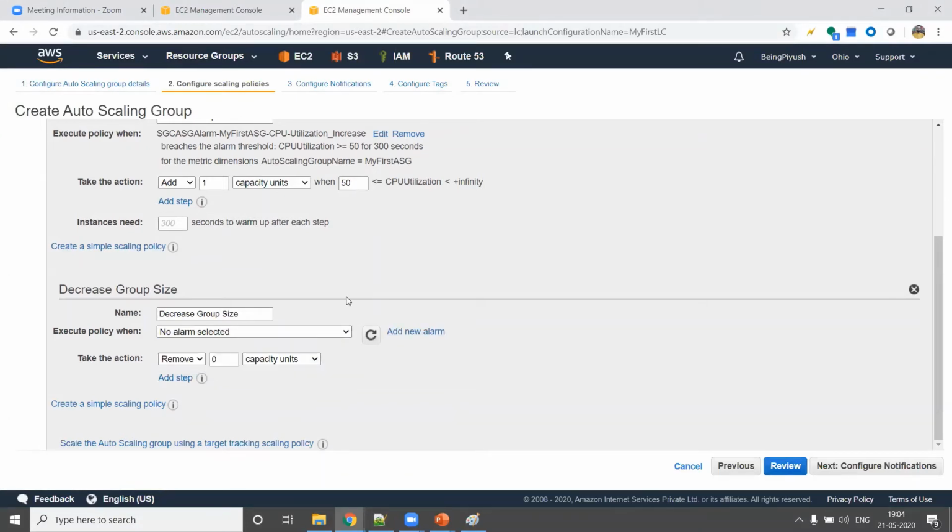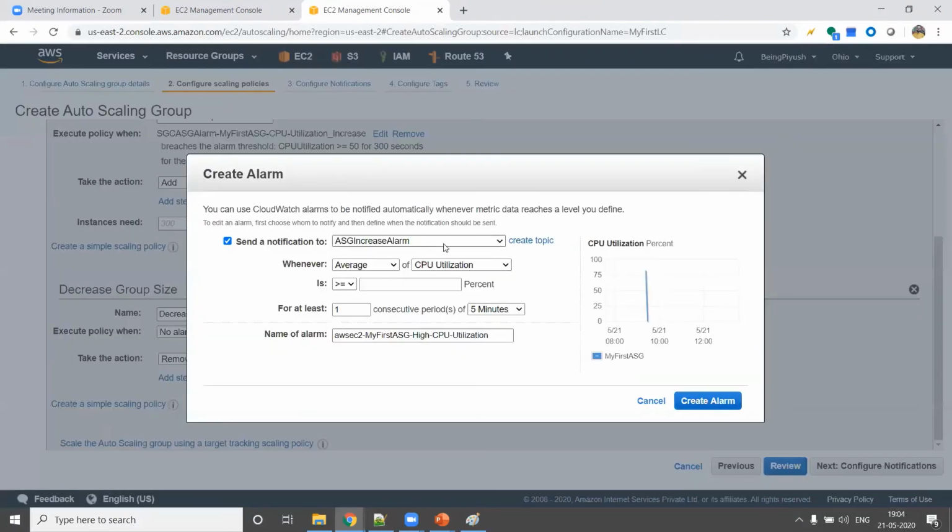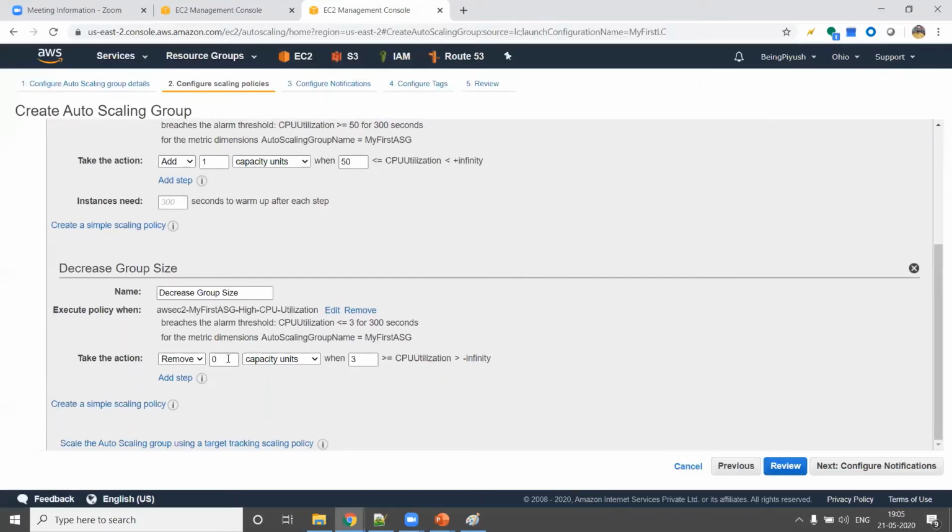Now in a similar way, you have to add one more alarm, and here you can select either a new alarm, or you can come here and see this increase alarm; that notification name can be the same. I should have given a generic alarm name, but I have just added the increase one, but that should be fine. For decreasing, you can say average utilization is less than or equal to 3%. If the utilization is less than 3% for consecutive 5-minute periods, then you can understand that the load has come down to 3%. So this is the right time to decrease it. You set that alarm and you remove the existing EC2 machine which you have just created.